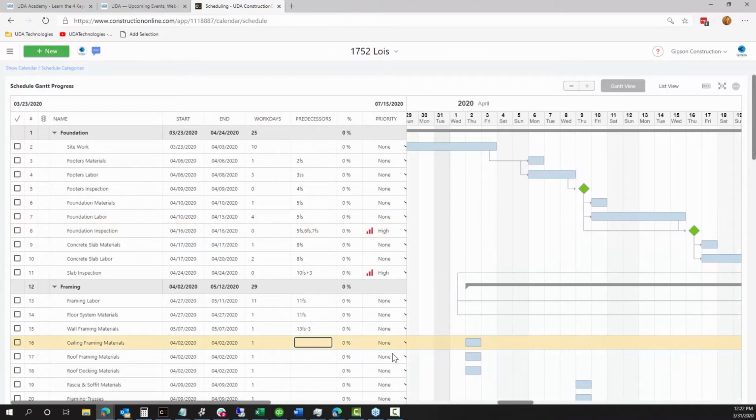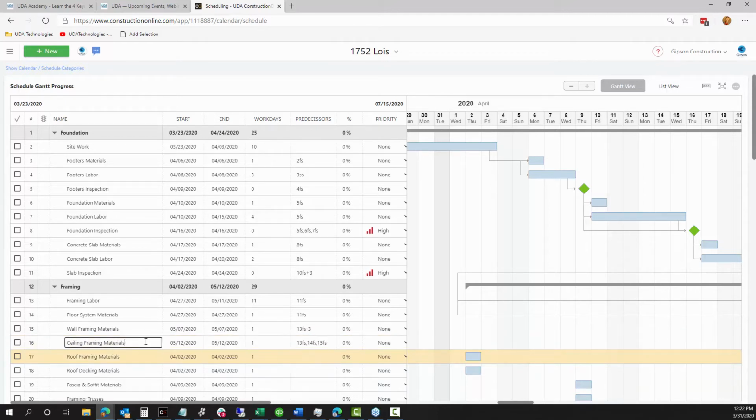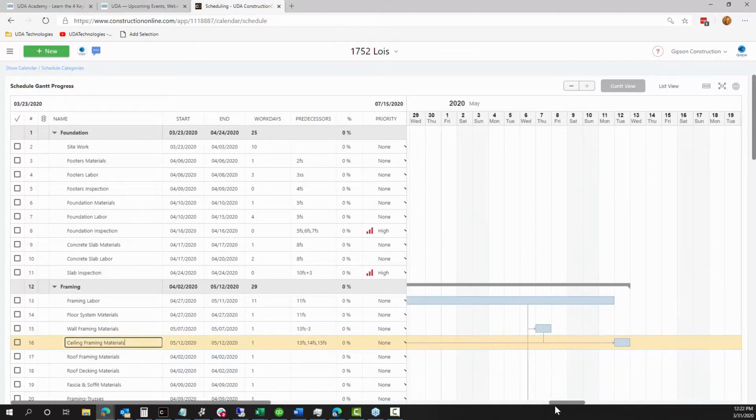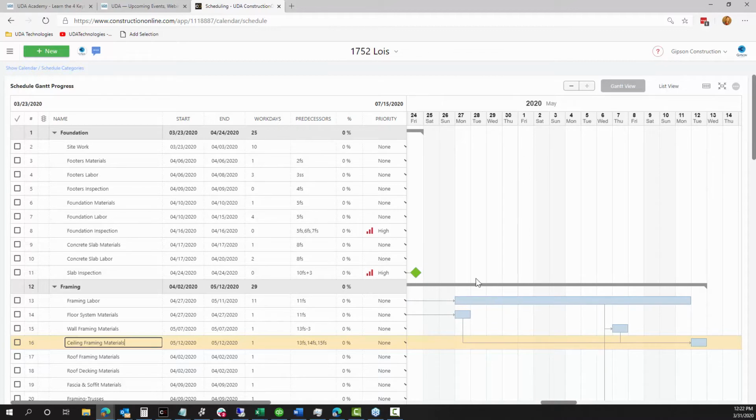So to set that up, the only thing that you have to do really is just type in each predecessor separated by a comma. So we'll assign this one to line 13, 14, and 15. Hit enter, and now that relationship is going to be established with all three of those. Now, if you set up a lot of predecessors like this, you'll notice on my schedule that it starts to be a lot of lines, but if you just trace them back, they're all going to follow the relationship you've set up,